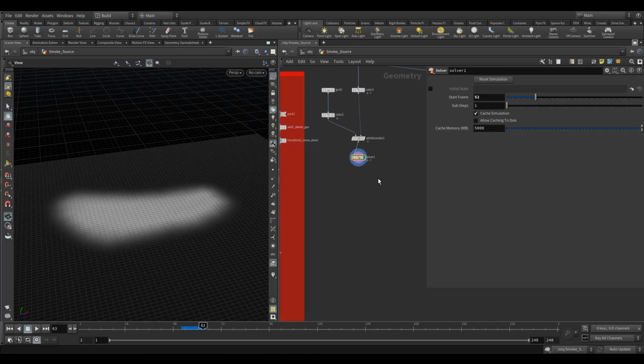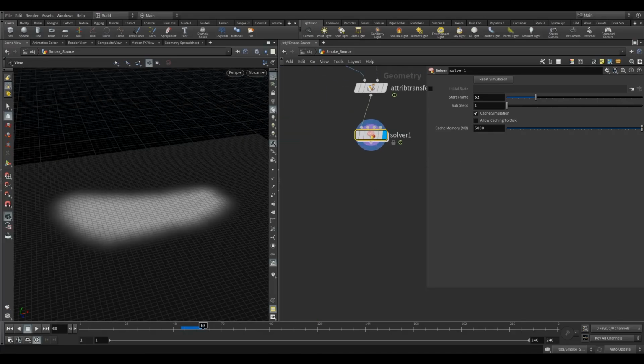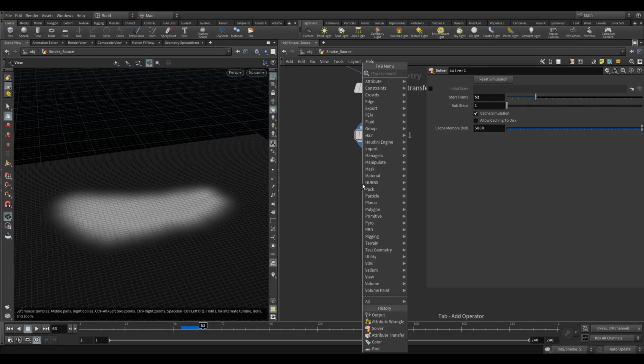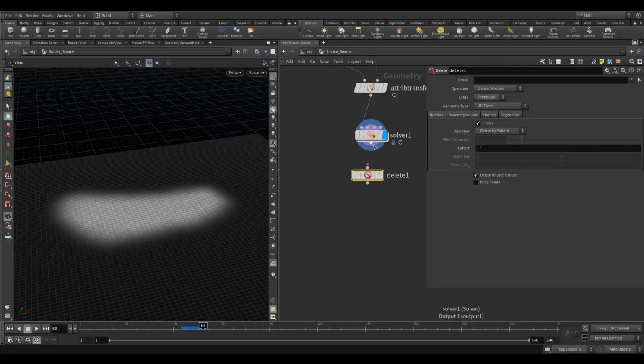Right, so now that we've got these, let's start. I want to get rid of all these other points that we won't be using. So just drop a delete and set this to points. Okay, and we'll just delete any point